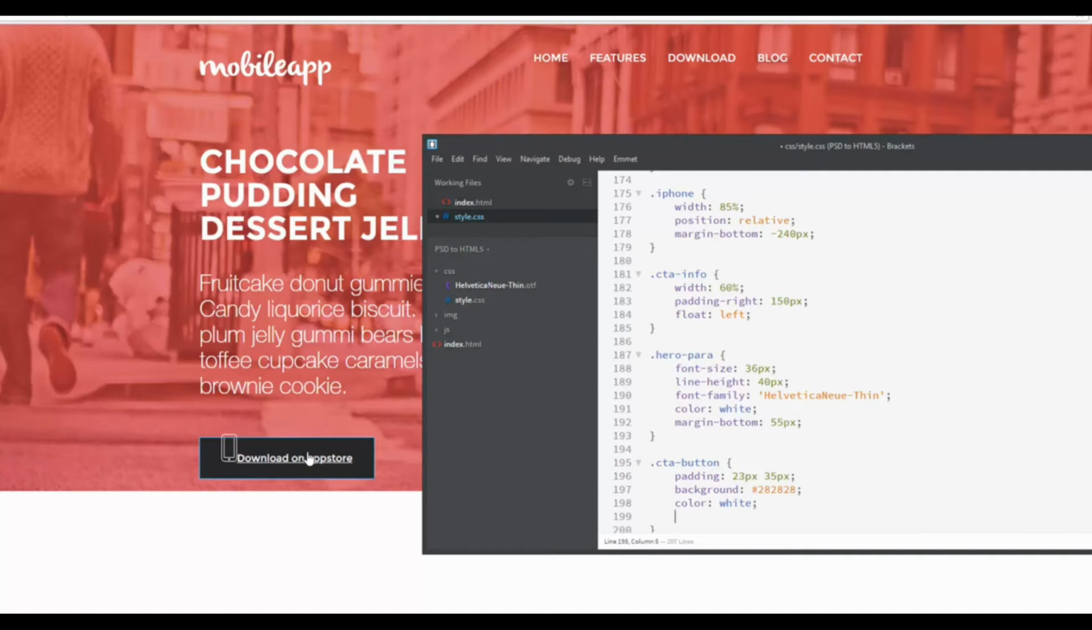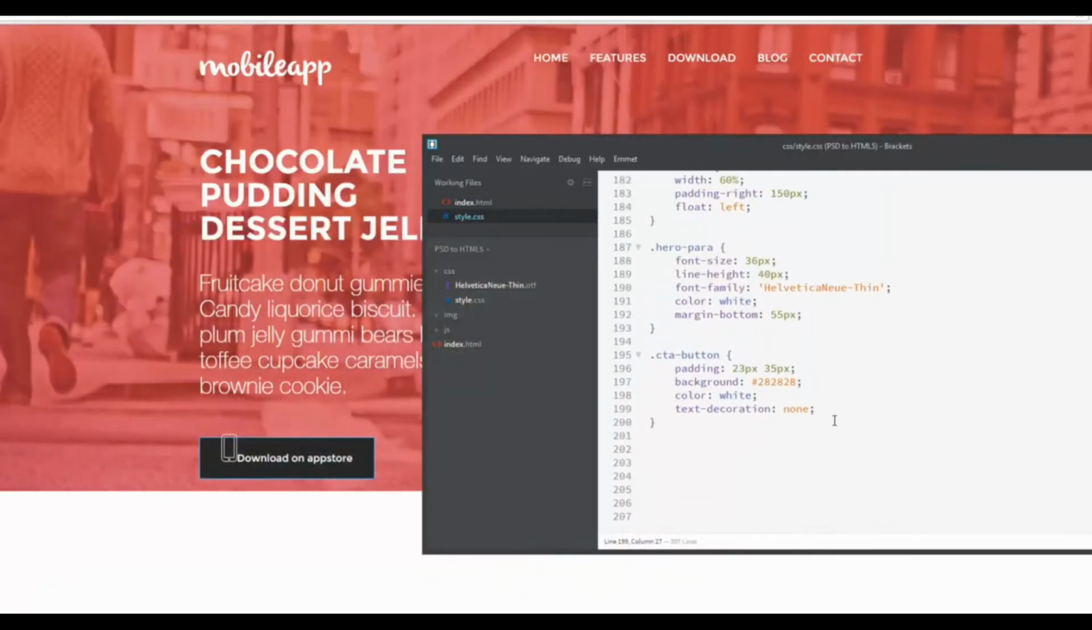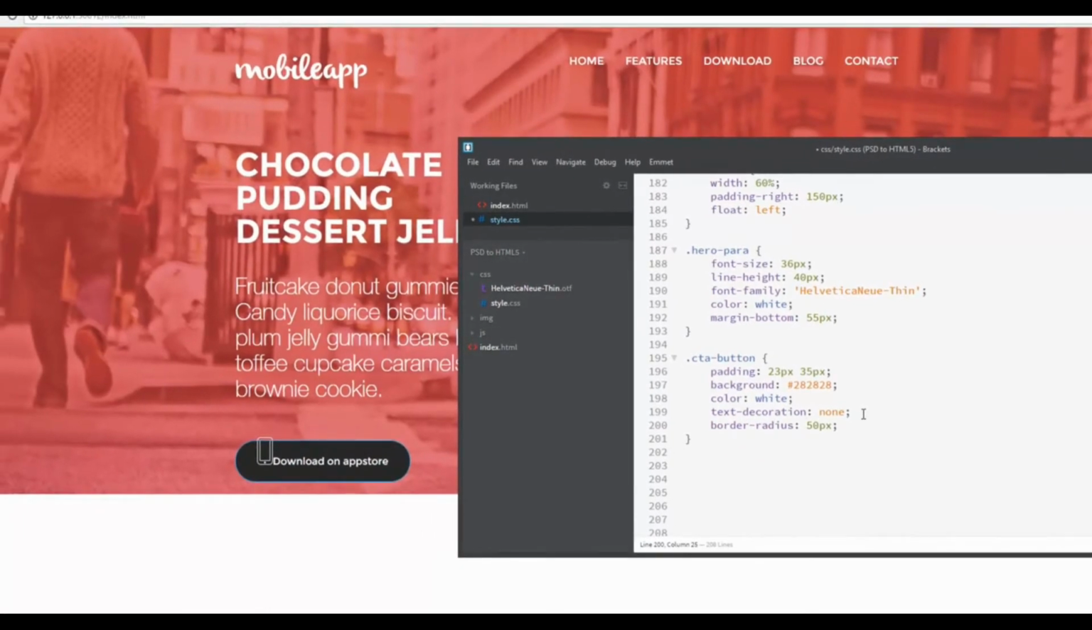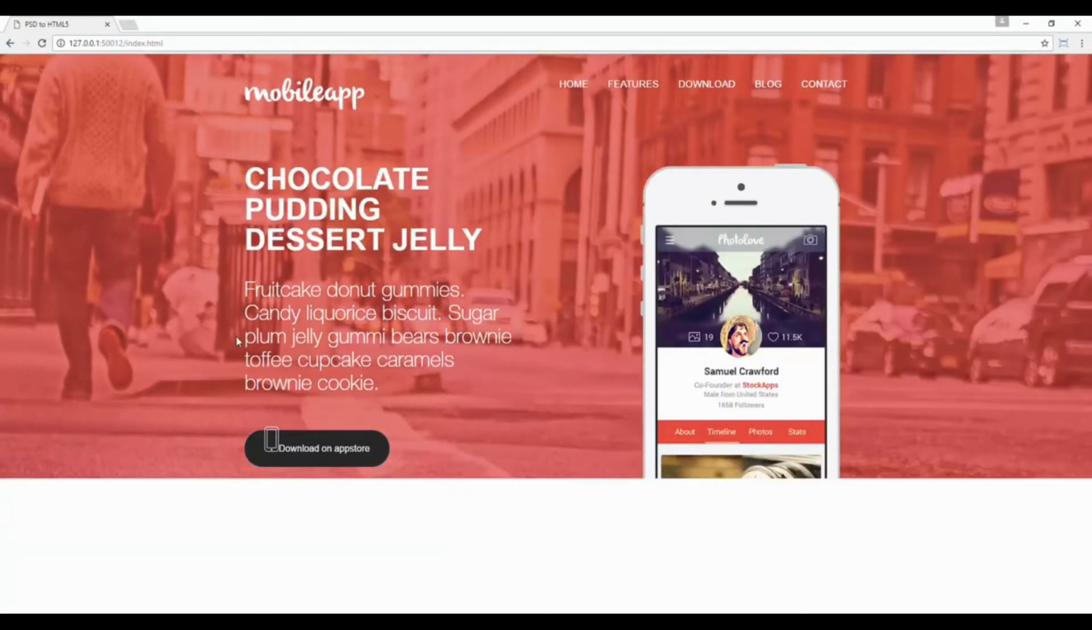Let's remove the underline, so text decoration none, and let's set the border radius because these edges are really sharp here, and in the Photoshop design they're beveled. So we do that by adding border radius of, for example, 50 pixels, and it will fix the button right there. Alright, so far it's looking pretty good. If we save and refresh,